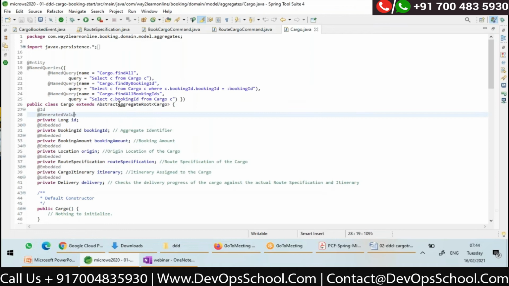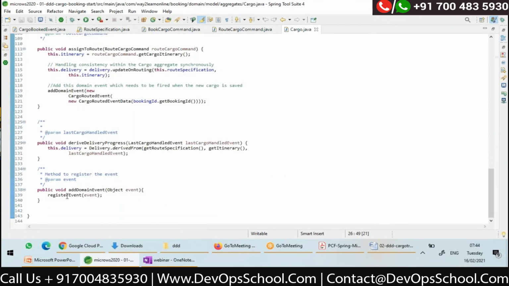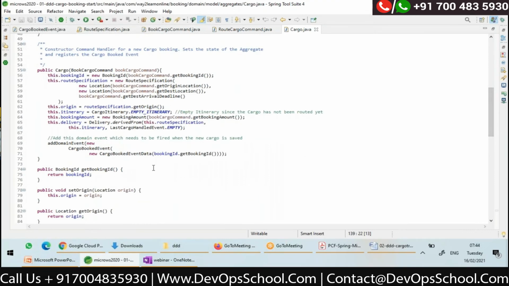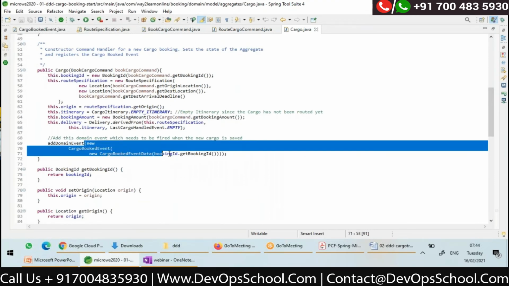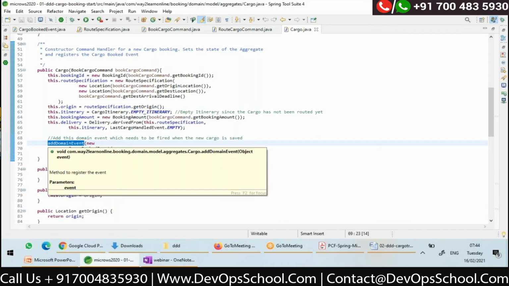That's what I have extended, and I have called the register event method here. Later I'll connect you, but just understand, I'm not publishing a new event here. I'm just registering the event. Later I'll show you the code of Spring Data JPA.